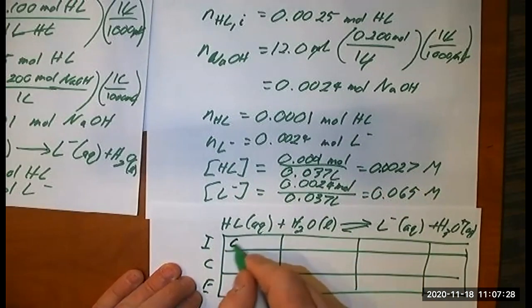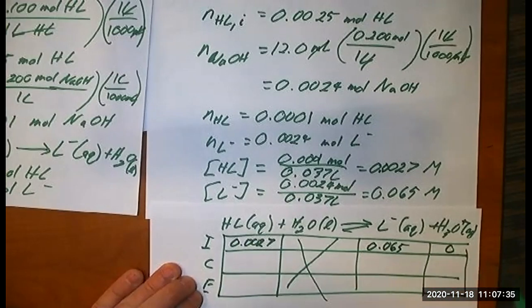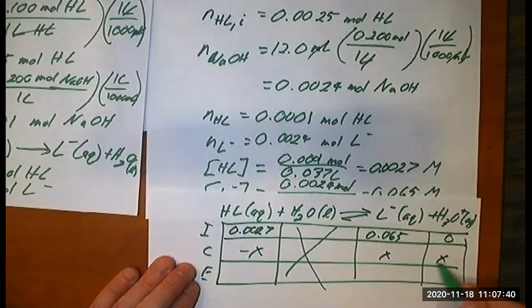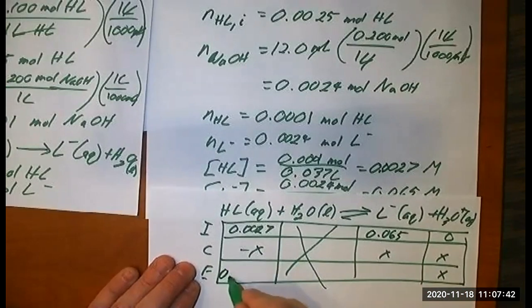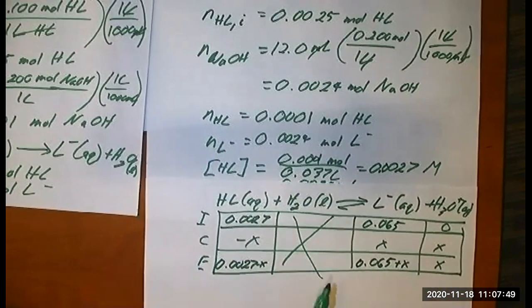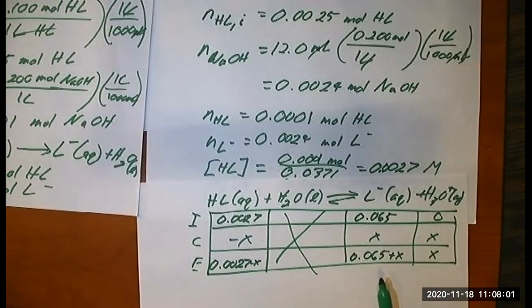We have 0.0027, 0.0650, then minus x, plus x, plus x, giving 0.0027 minus x and 0.065 plus x. Normally when we have one of these problems, I would say try ignoring the x's